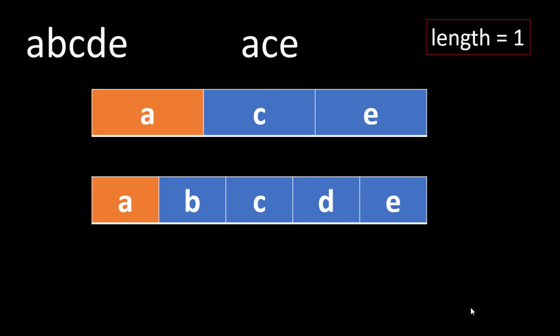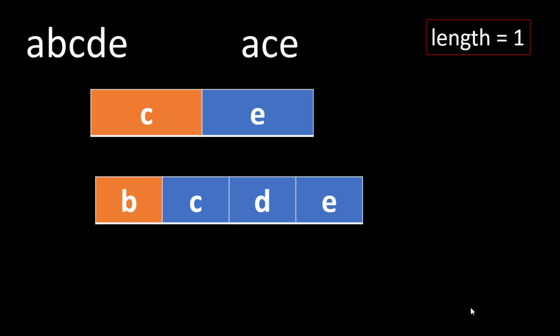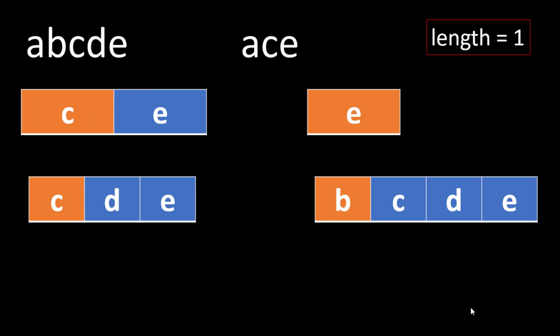And now the next step would be we can forget about the initial characters and focus on the rest of the string. And again we compare the characters of the two strings. If they are equal, then we again do the same operations, but as we can see they are not equal in this scenario. So what happens next? In this case there are two cases that we can come up with. Either we match the character C with the next character in string 2, or we forget about the character C from the first string and compare it with the present character in string 2.